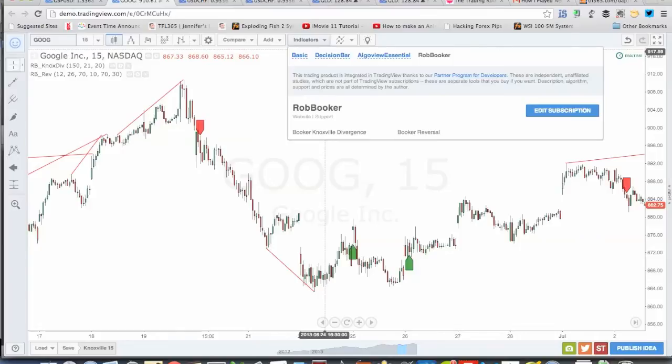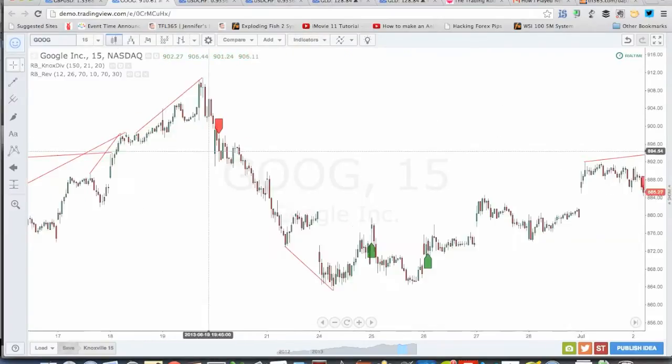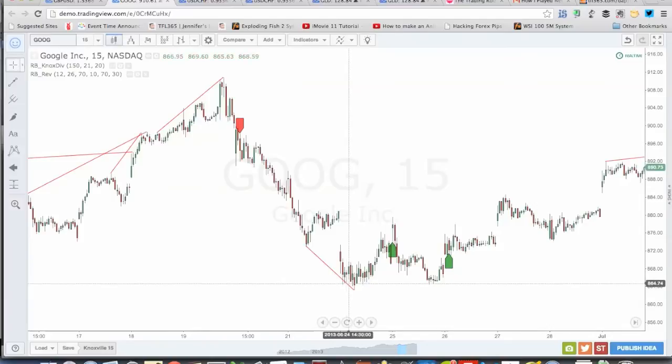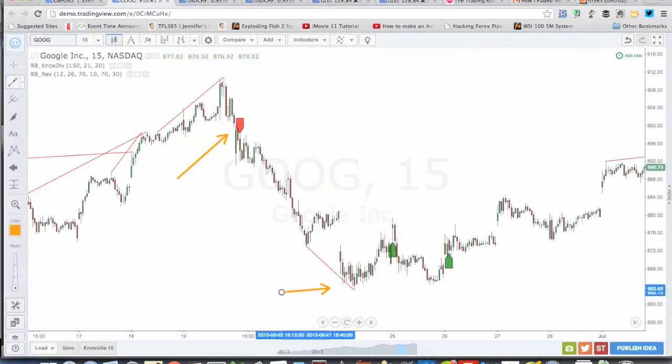What you do is you go up to indicators on your TradingView.com charts, click on Rob Booker, and then you choose Booker Knoxville Divergence and Booker Reversal. Once you choose those, you're going to get some lines and tabs on your charts. These red lines above or below the candles or bars denote divergence. Lines on top are bearish signals, and lines down below are bullish signals. What you want to look for are times and places where you get the bearish divergence and a red tab, signifying an impending fall, or bullish divergence